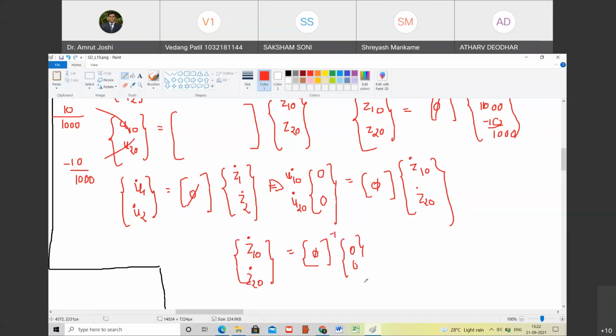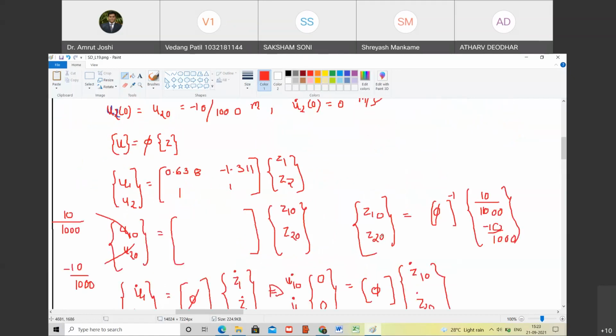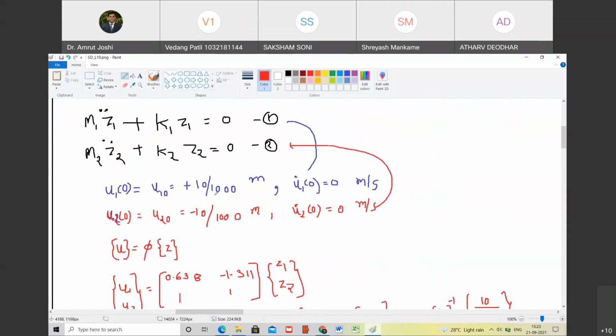Yes, sir. But whatever phi inverse is, if it is multiplied by 0, this is going to be 0. So therefore we got z1 dot of 0 and z2 dot of 0, both are 0. Only to get z1 of 0 and z2 of 0, we have to do this multiplication. So therefore we are going to get two boundary conditions for each of these equations, and then we have to